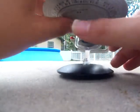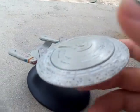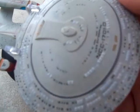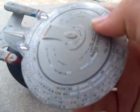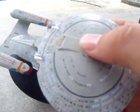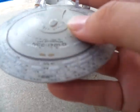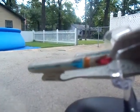So let's take a look at it. This is the first ship. I really like it. It shows the Aztec features. I know it's barely visible, but you can see just a little bit. The escape hatches really pop out. Windows are amazing. Alright, so you have the bridge right here, and the registry number and the name shows up real well. I can't show it on this one because it's not a high quality picture, not a high quality camera, but